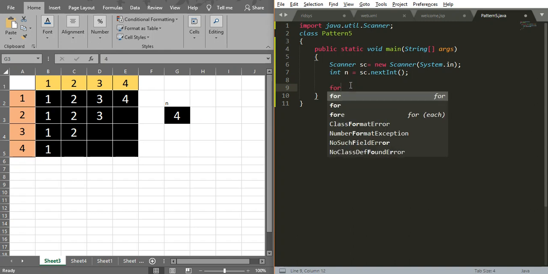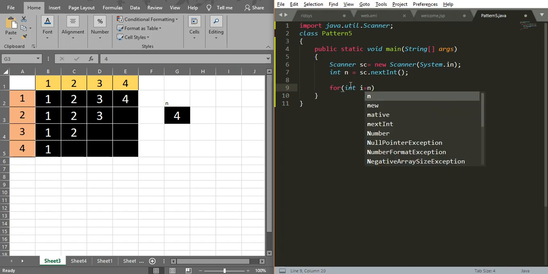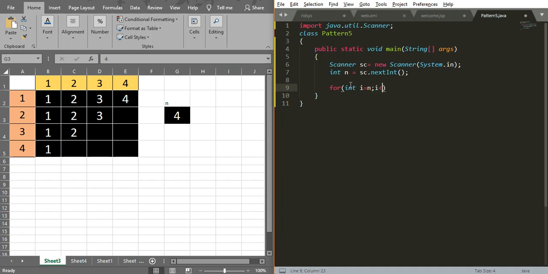So for int i equal to n, i greater than 0, i minus minus.